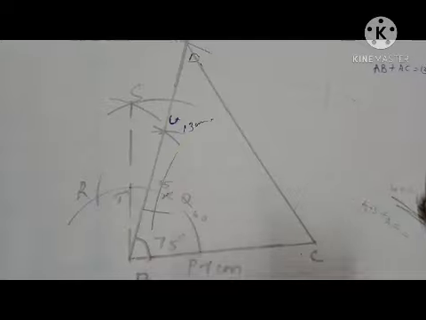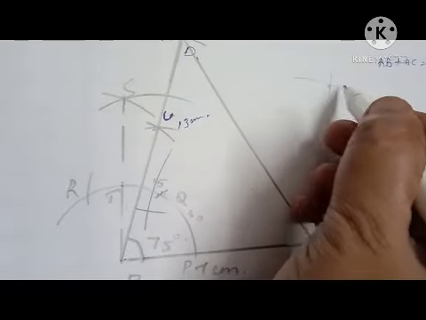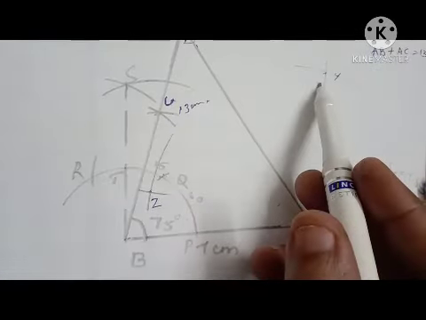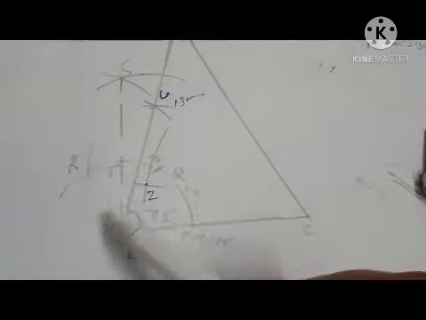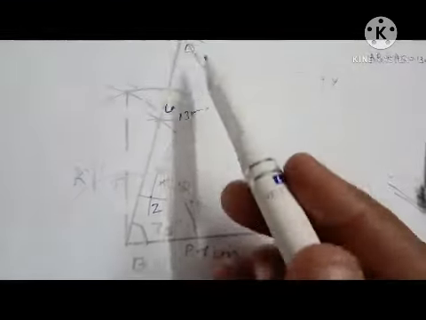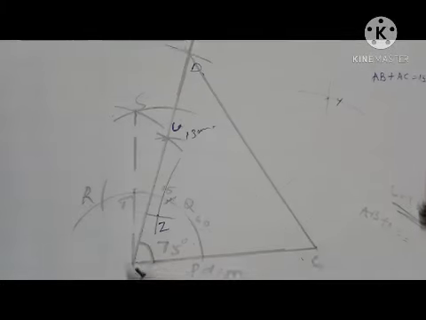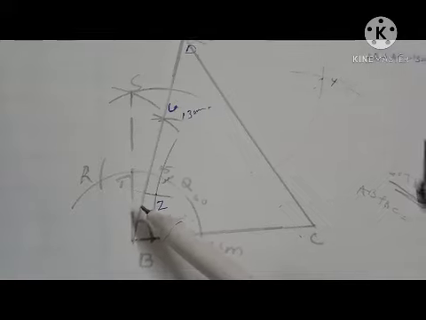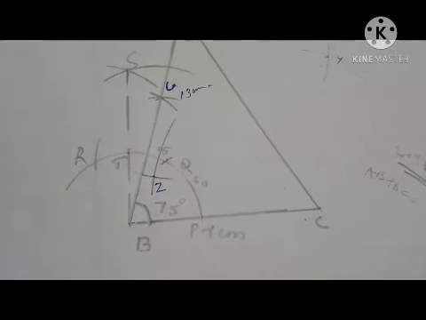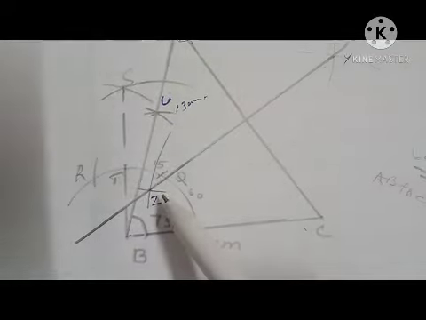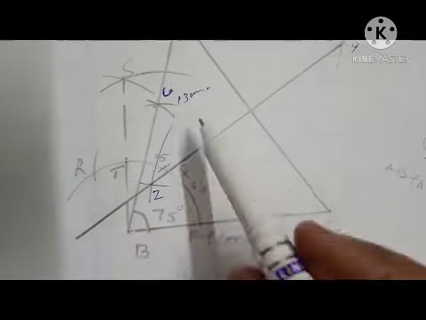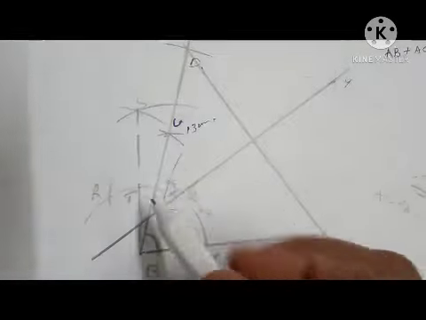So now here we got it as Y and Z. The next step is we have to join this YZ and extend it. That means we have to get the point A on this angle line BX. That is our aim. So when we join this Y and Z and extend it, that line will intersect BX at a point. That will be our A, point A. These are the lines joining YZ and extending it. Now this perpendicular bisector of CD intersects this BX at a point.